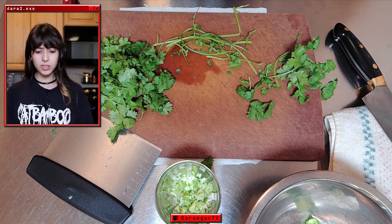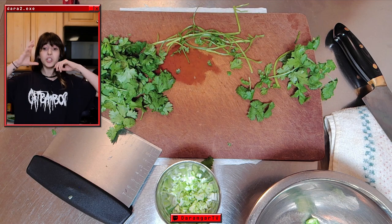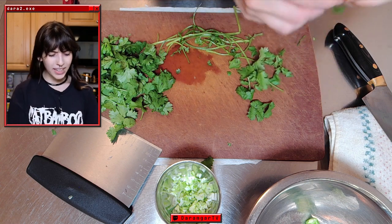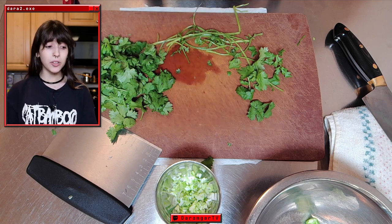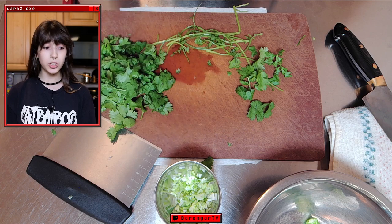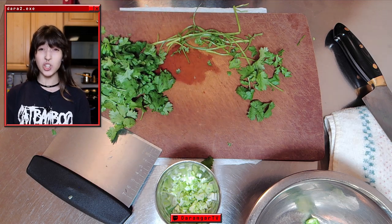Oftentimes what happens is the mushrooms get sort of waterlogged, right? Let's say these are breaded mushrooms. They release a bunch of water inside, and then when you bite into them, it's just kind of wet. That's been my experience. Right, so yeah, you said that it has too much moisture for it. I completely agree with you, G-Spent Gaming. That has been my experience with any time I've had a deep fried mushroom, tempura, or the aforementioned Zaxby's fried